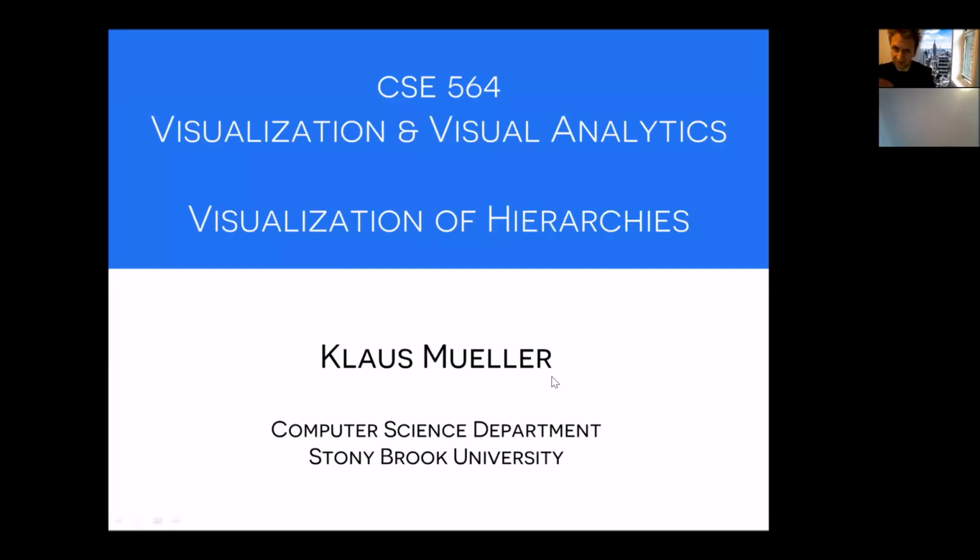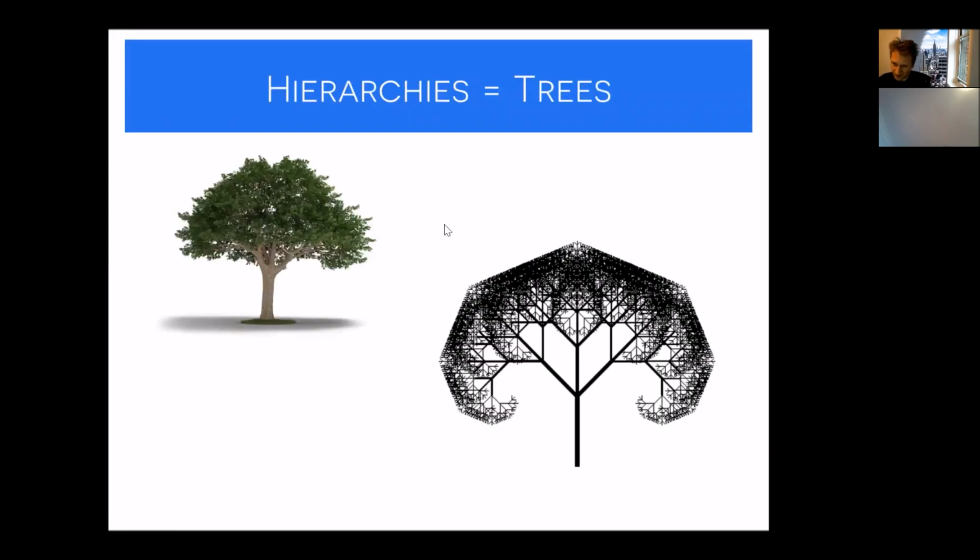Today we'll be talking about hierarchies, and so I prepared some slides for this. Okay, so here we go. So, talk about visualization of hierarchies. Basically, usually you think of hierarchies as a tree, like here,